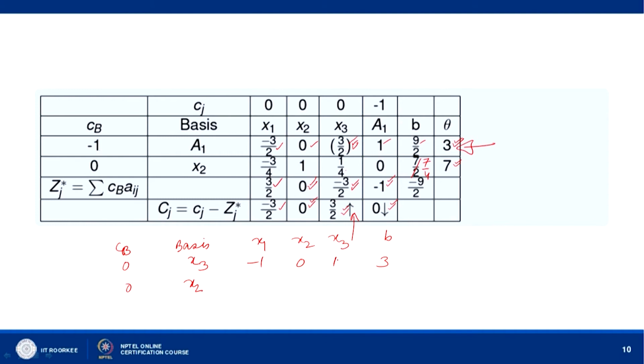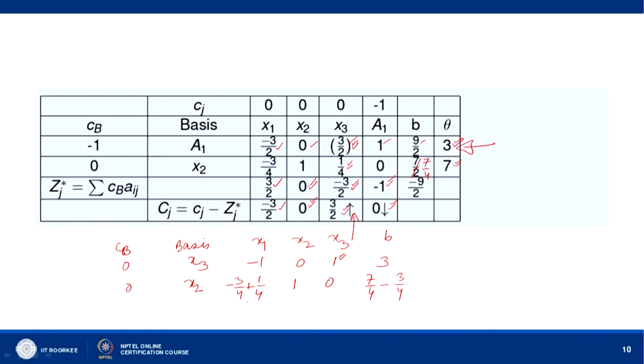Okay. And with the help of this element 1 we will make this element 0. Okay. So, we multiply this row by 1 by 4 and subtract from this row. So, when we multiply by 1 by 4 this becomes minus 1 by 4, minus 1 by 4 we subtract here. So, minus 3 by 4 plus 1 by 4 we get, and here we are multiplying it by 1 by 4 and subtracting from this. So, this will remain 1, this will become 0, and this will become 7 by 4 minus, we are multiplying by 1 by 4, so 3 by 4. So, how much is that? This is minus 2 over 4.